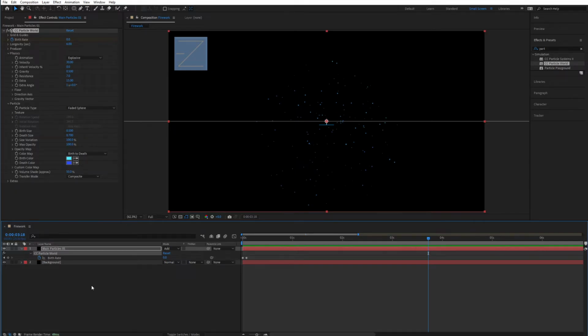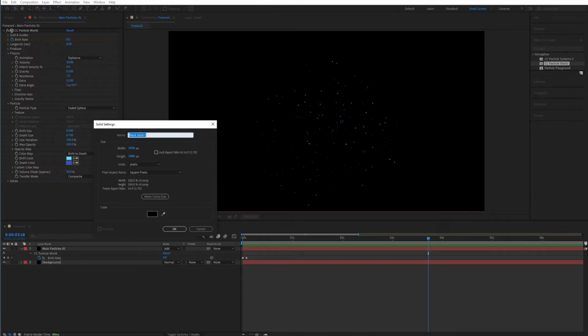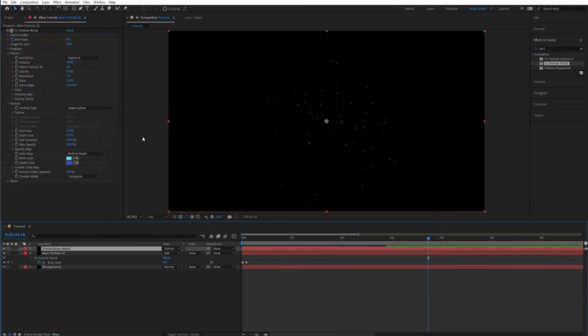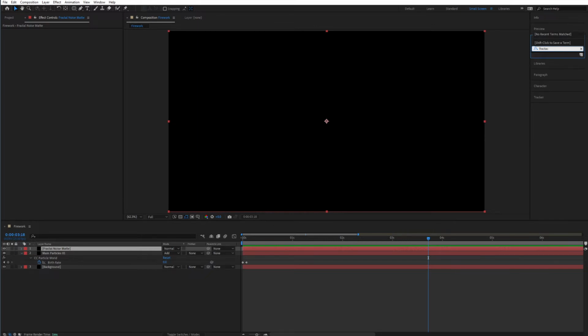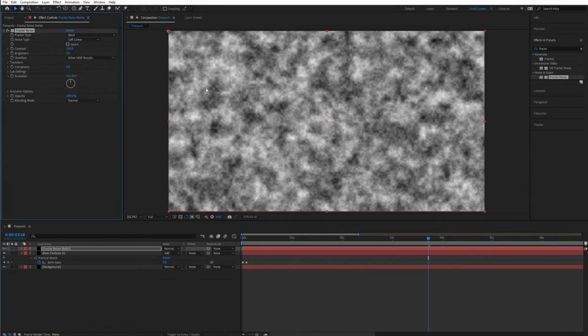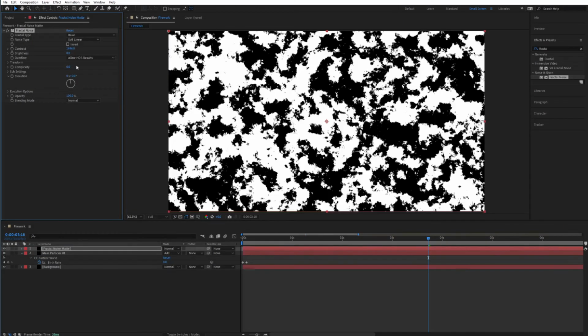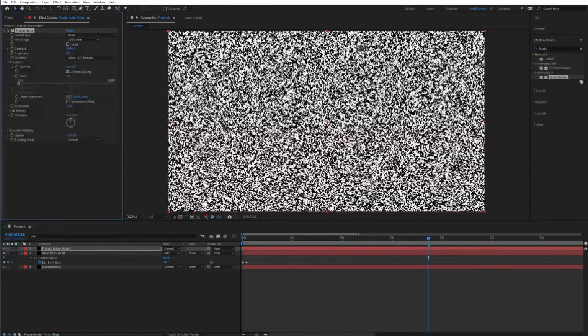To do that, I'm simply going to create a new solid, and let's rename this to Fractal Noise. Perfect. And I'm actually going to add Fractal Noise matte in here, since I'm going to use it as a matte to this one. So that's done. Let's bring in the effect named Fractal Noise. And what we need to do is simply increase the contrast of this and increase a little bit the complexity. And then let's go to transform and scale it down considerably, something like this, so that we can have that grain